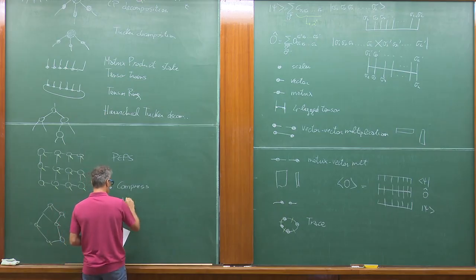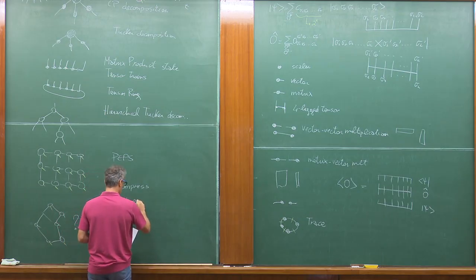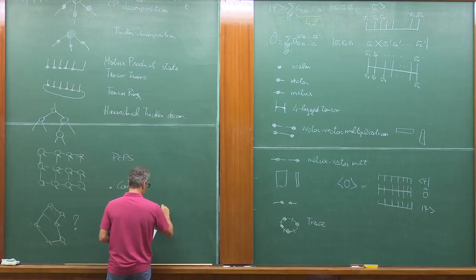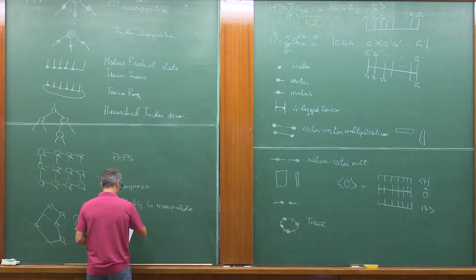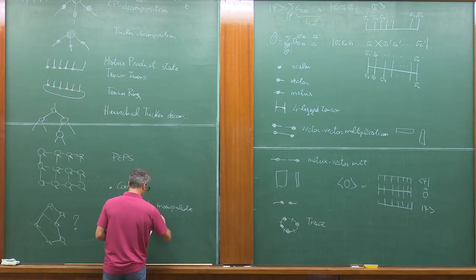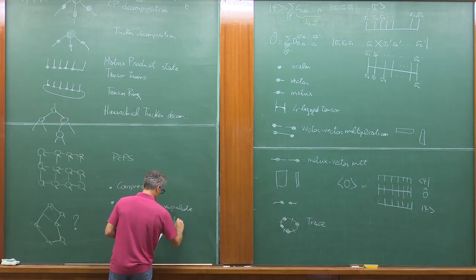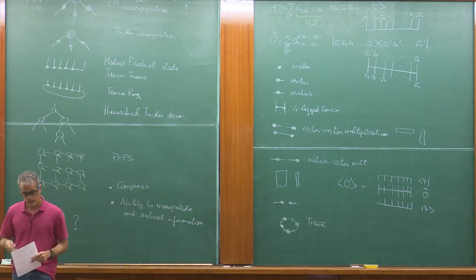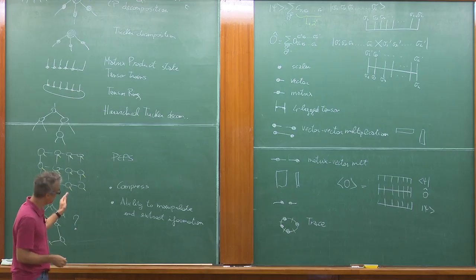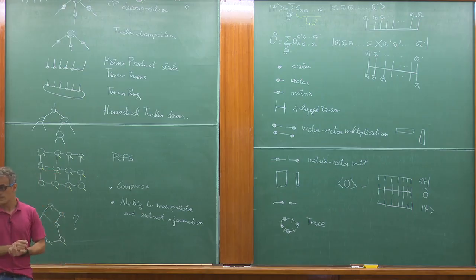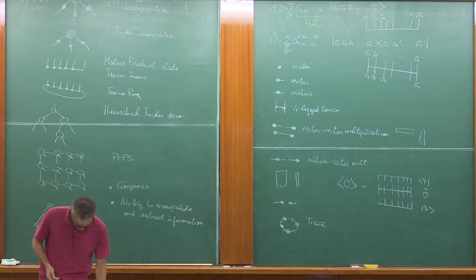The other thing that is very important, and is not so straightforward, you may not think about it, is the ability to manipulate this object and to extract information. It's not obvious that you can easily do that. In fact, as you will see, whenever you have loops in your networks, it will be very hard to extract information, okay? But maybe easier to compress the information.